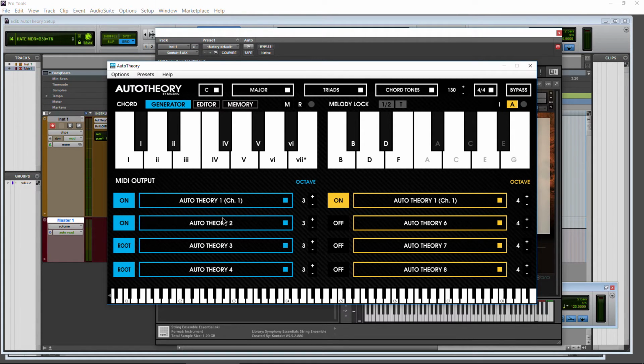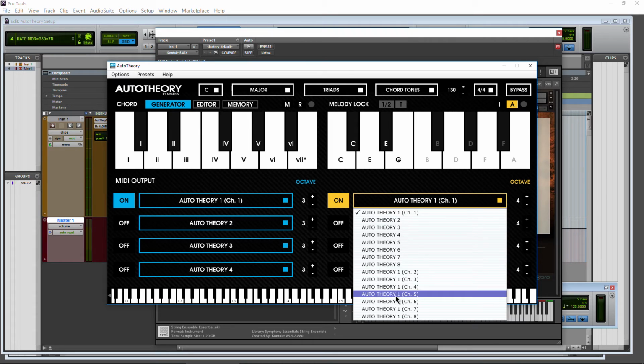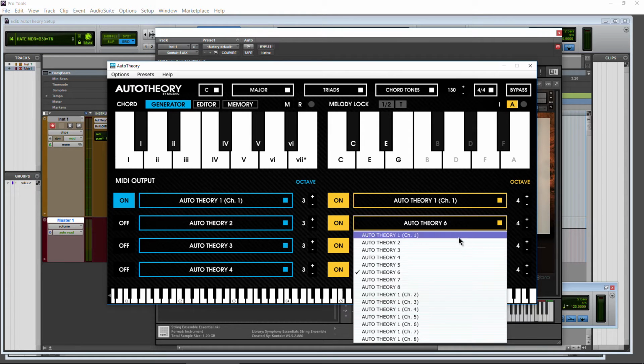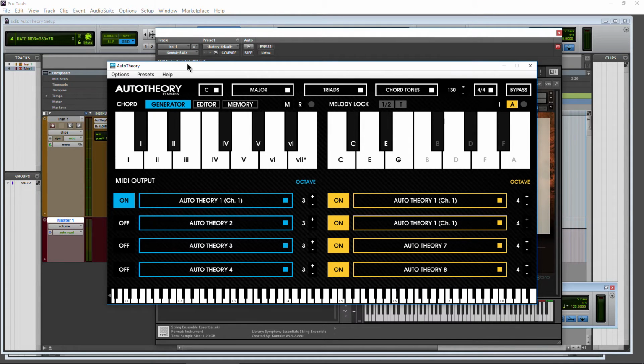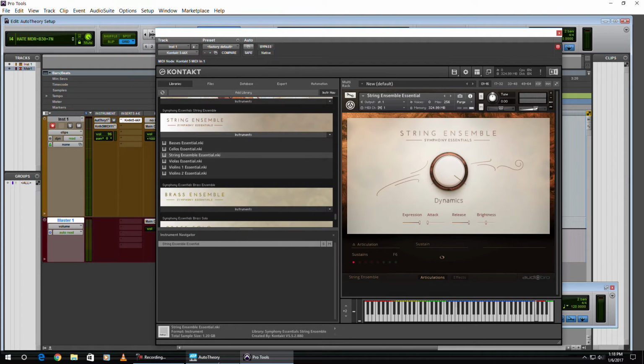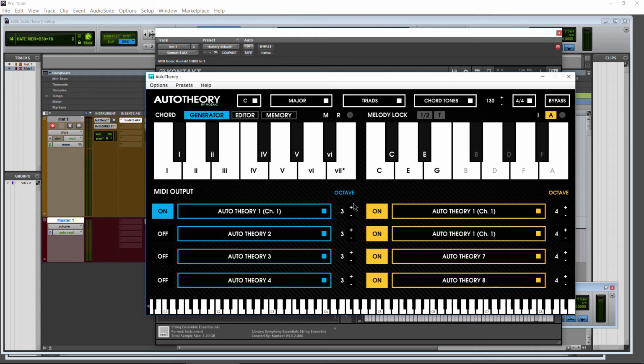You can see here's channel 1, 2, 3, 4. We can change a bunch of options right here. Let's turn these off here. And over here on the melody section, again, keep in mind you need to set up exactly where the input is coming from, and you have options to turn on all these other channels inside of Auto Theory as well. Now, I only have channel 1 activated going into Contact, as we can see here, and that's coming in right here. All right, so that's more of a discussion of how MIDI works, which we're not really going to get into, but